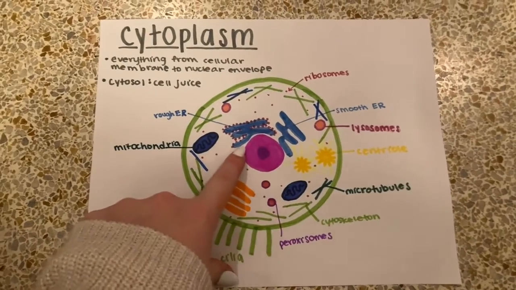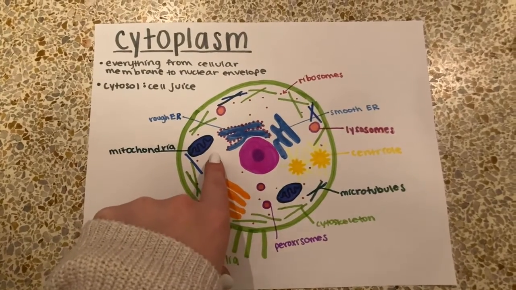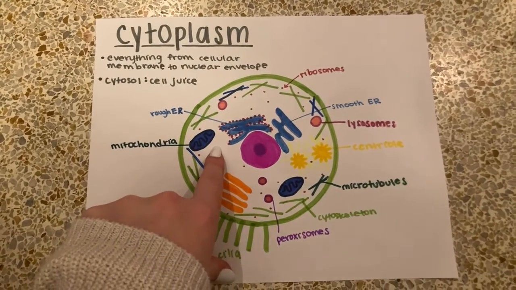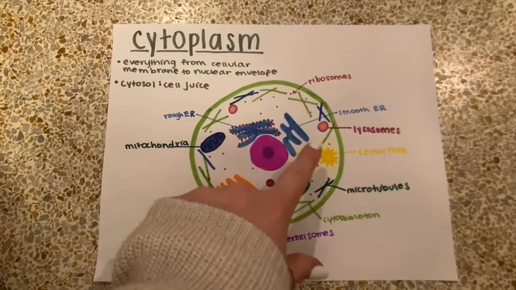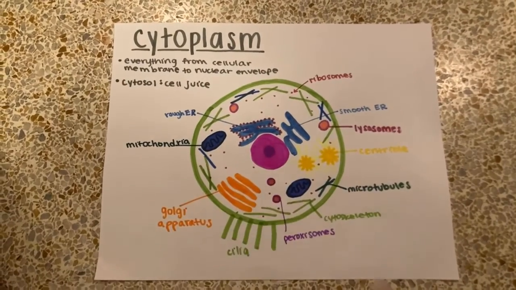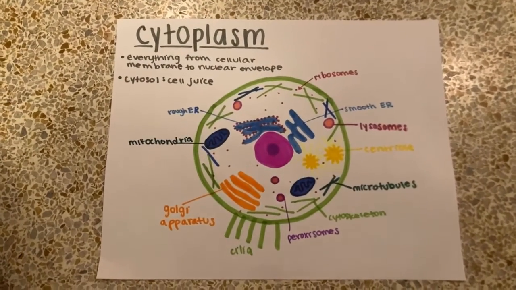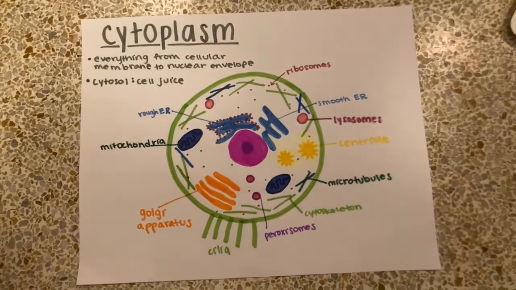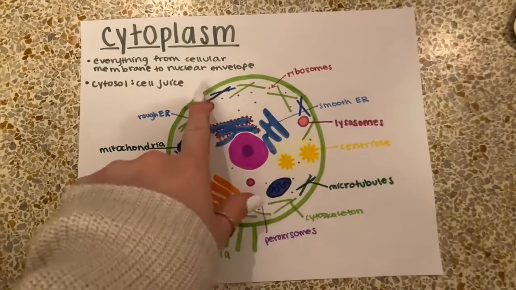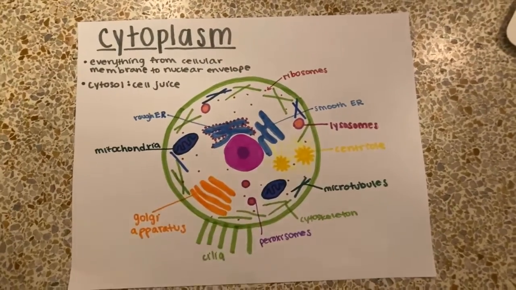So the rough ER, since it's covered in ribosomes, is a protein synthesis site. And then the smooth ER has no ribosomes on it, which is why it's the smooth ER, and it is a lipid synthesis site. So next we have lysosomes, which are these two things here, and they are like little